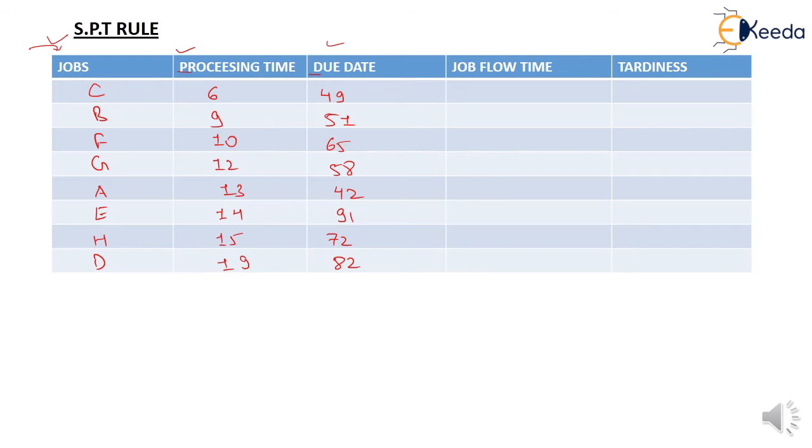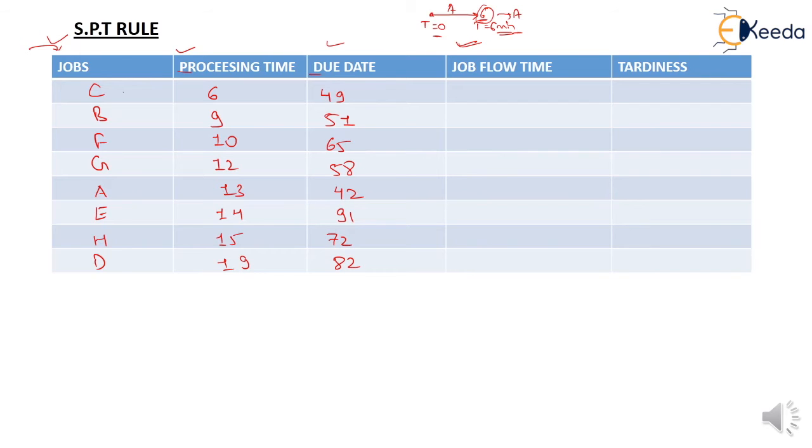Okay students, in this table we determine the job flow time. So what is the job flow time, students? It is the time from some starting point until a particular job is completed. Let's take an example. If the job A is inserted in the machine and the start time is t equals 0 minute, after t equals 6 minute, the job A is completed. So 6 minute is your job flow time for A. So job flow time is the time from some starting point until the particular job is completed.